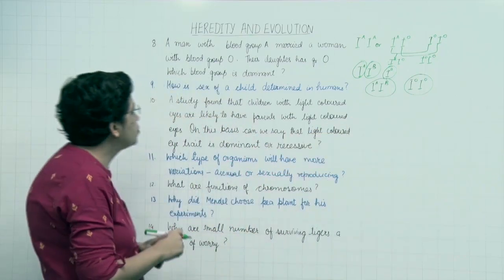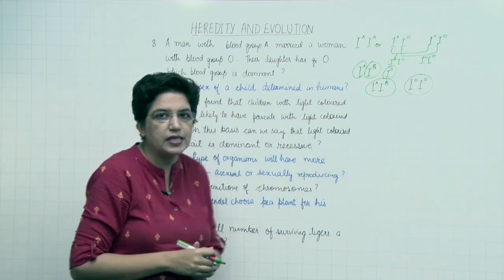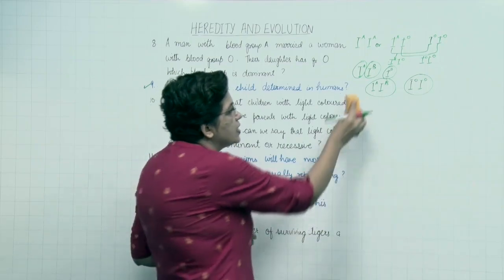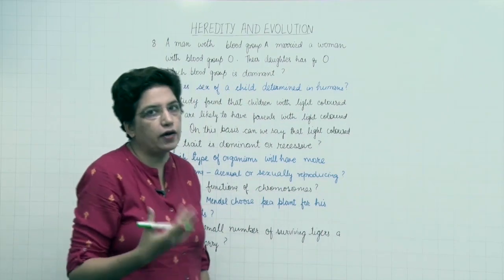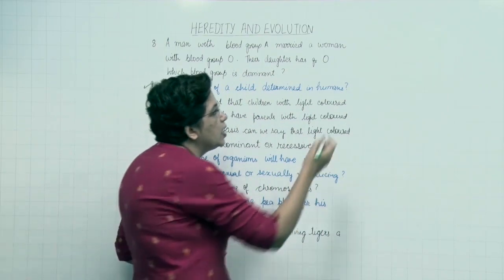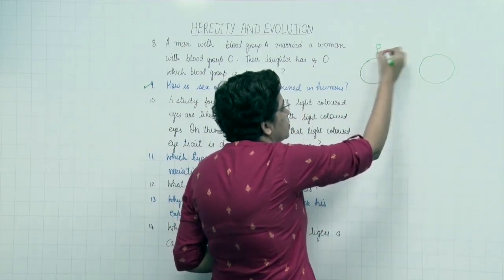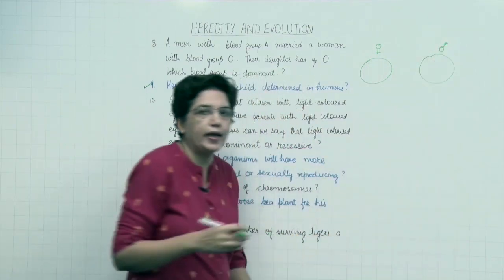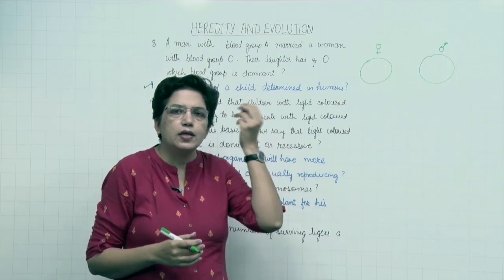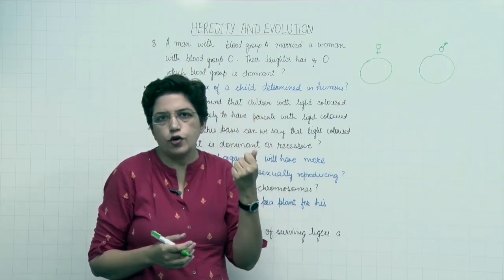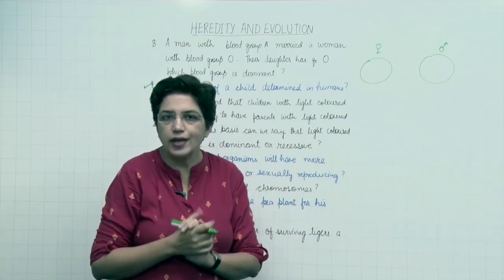Okay. Now, let us move on to the next topic. How is sex of the child determined in human beings? So, in human beings, as you know, sexual reproduction takes place. Half of the genes come from mother and the other half comes from the father. So, a human being contains 23 pairs of chromosomes. Out of that, 22 pairs determine all other characteristics, right from small things like color of the hair, color of the skin, height, functioning of organs and thousands of other characteristics.